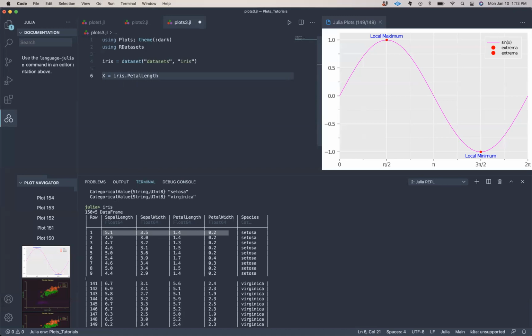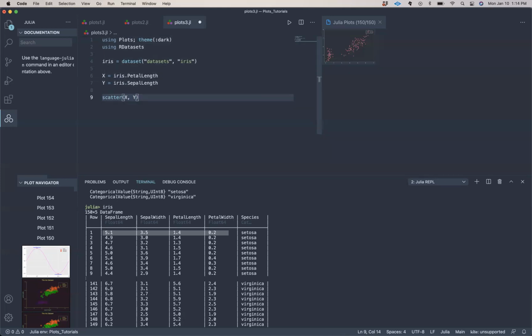Petal length. Okay. And then I'll say capital Y is equal to some other column, iris dot, maybe sepal length, like that. And then I'm going to pass these into the scatter function. The first entry being the x values and the second entry being the y values. Now, if I select all and run by pressing Shift Enter, I get a plot over here, but it's small